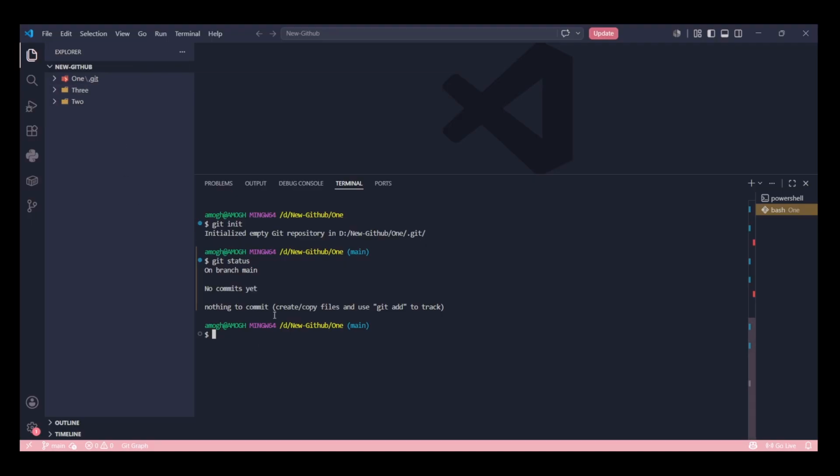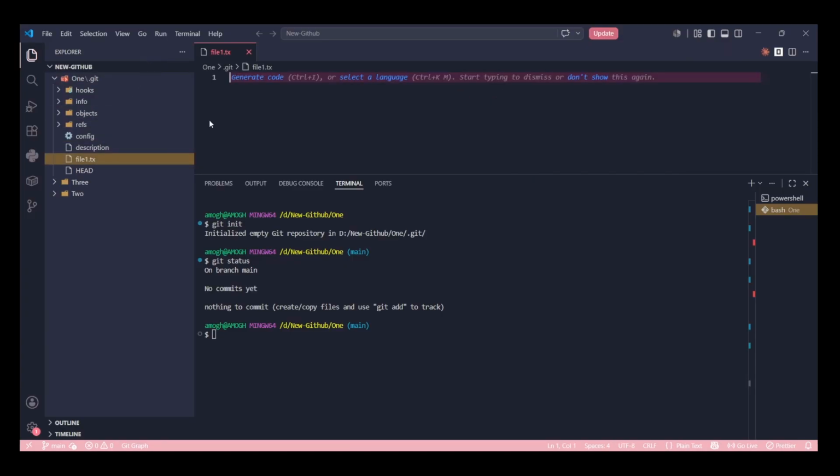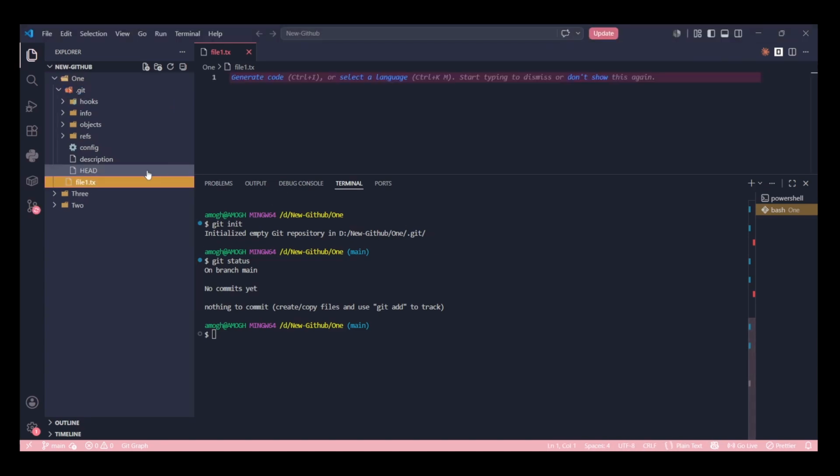Okay, and now I'll add a few files into this one folder. I'll go here and add file1.txt.